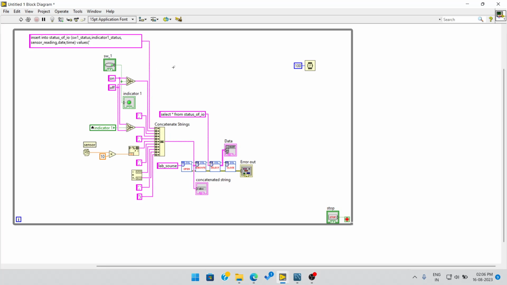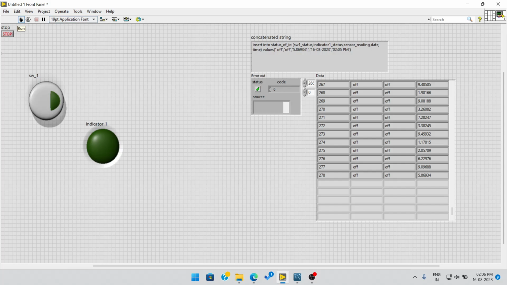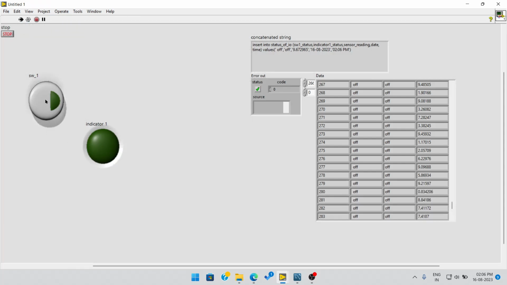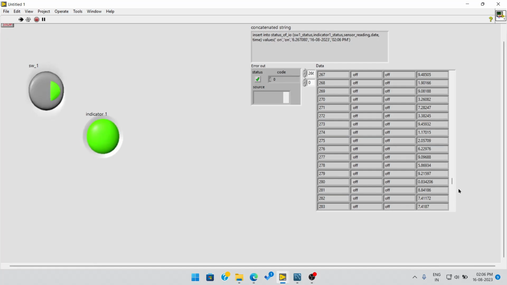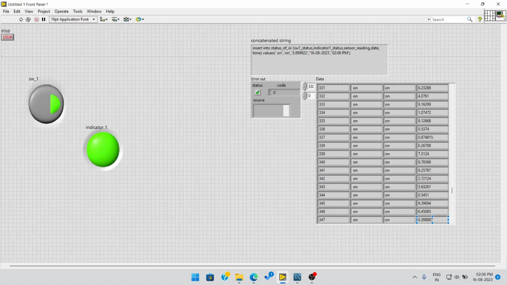So what it will do, every 100 millisecond it will share the data to the database. So I will run this. If I turn this on, the indicator is on, the switch is on. So here you can see status is on, right? So if I stop this,